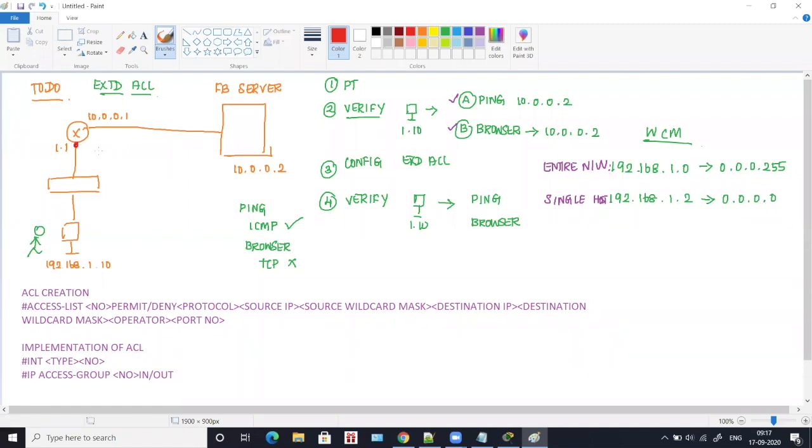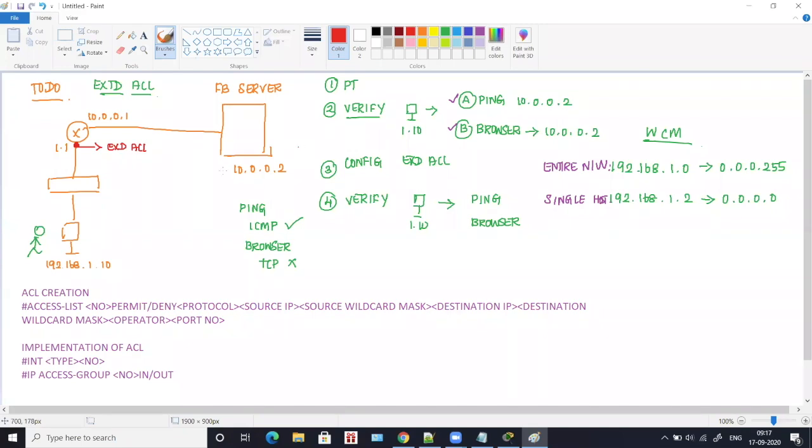Extended ACL is configured close to the source, so we are going to write it here on this interface.